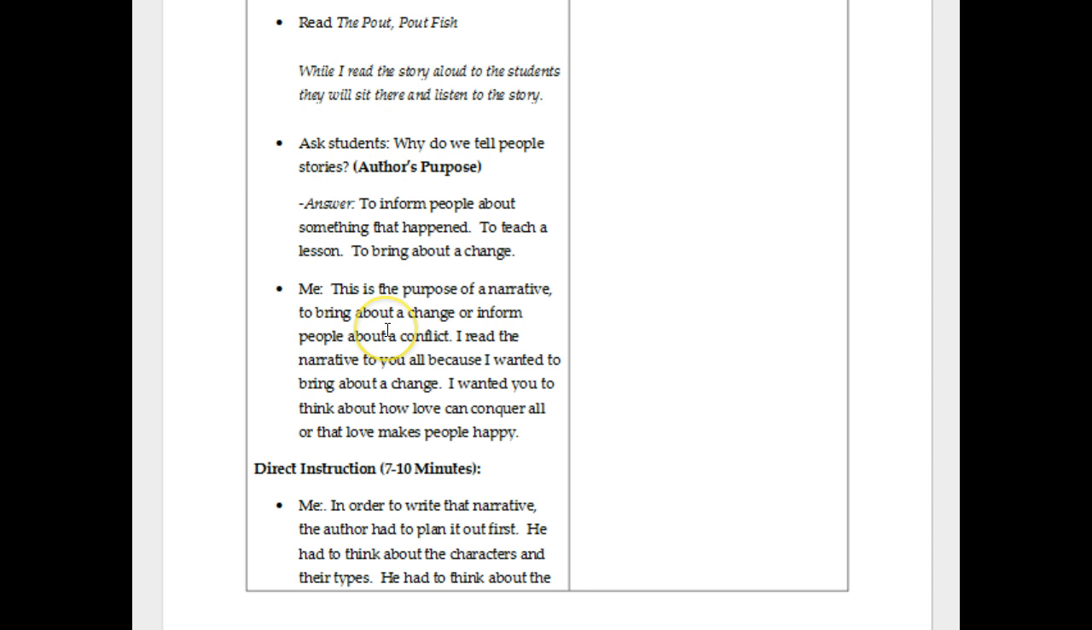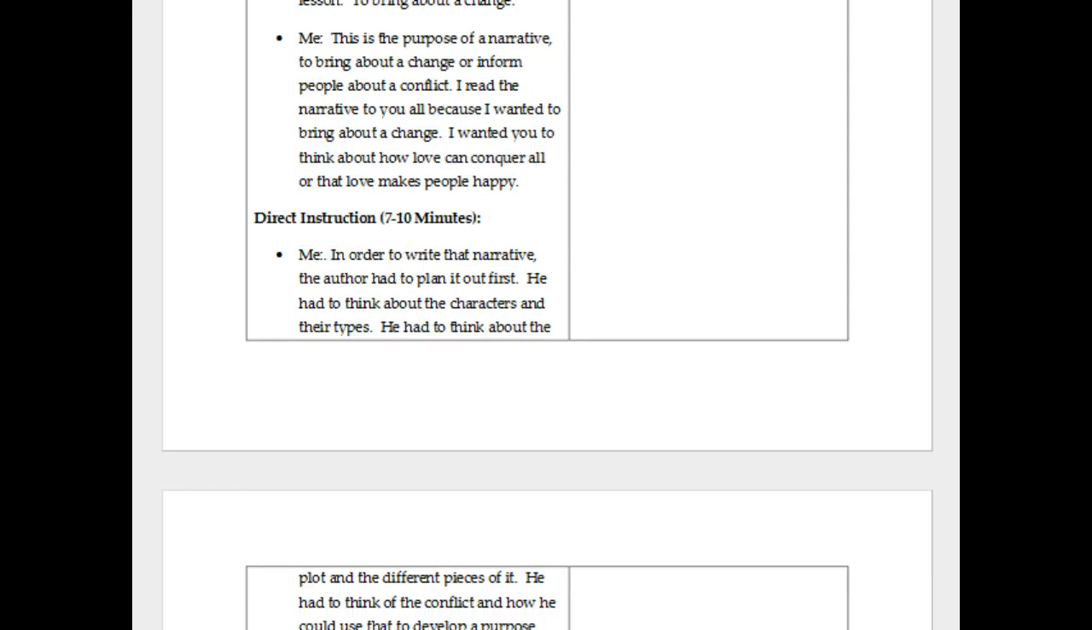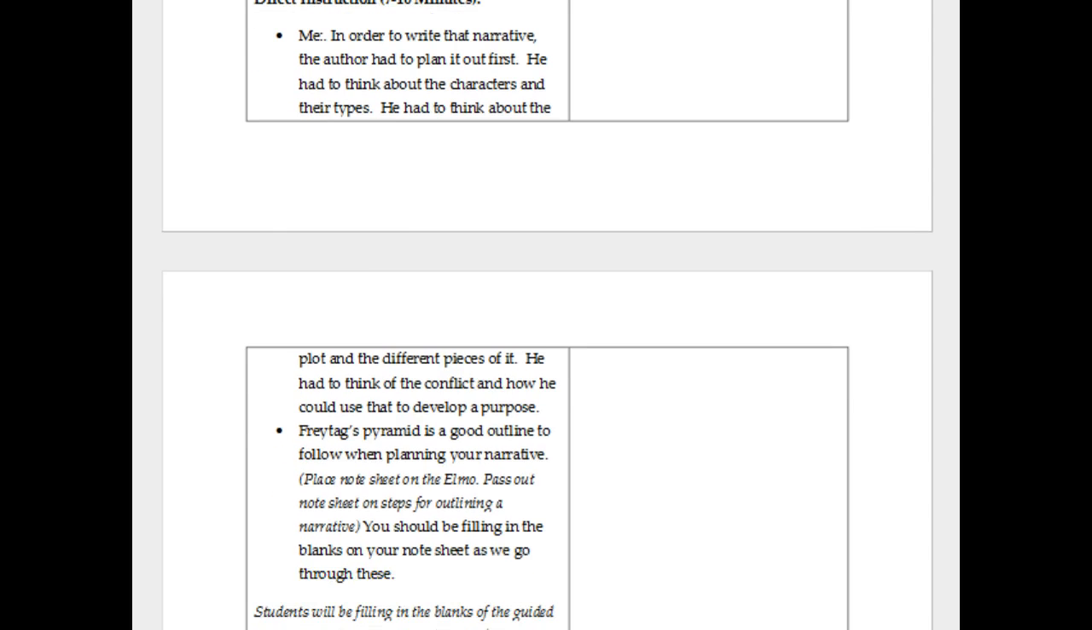Put this first. I think that's so much more going to help you with the engagement piece, so much more than dropping the whole "we're writing a paper" in their lap first thing in the morning. So good. Purpose of narrative is to bring about change or inform about a conflict. Excellent. Okay. Now, your direct instruction: in order to write a narrative, the author has to plan it out first,